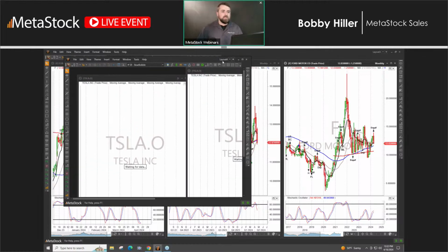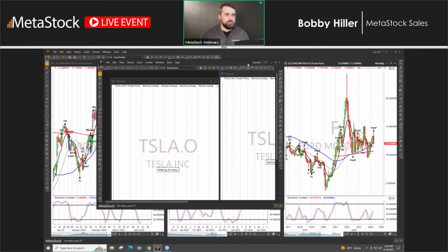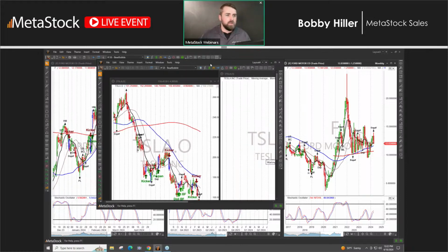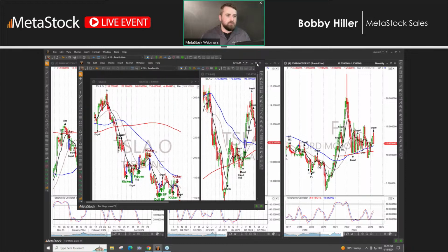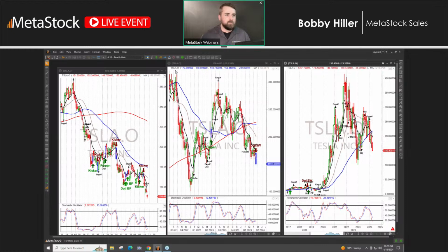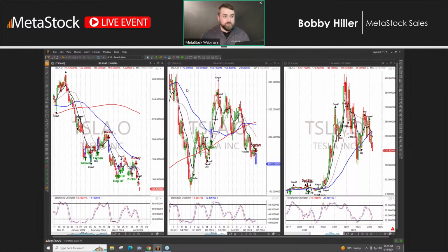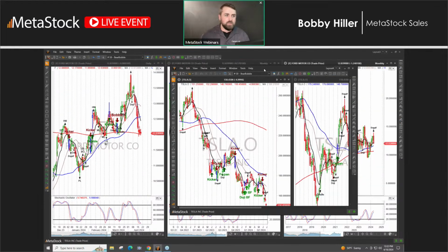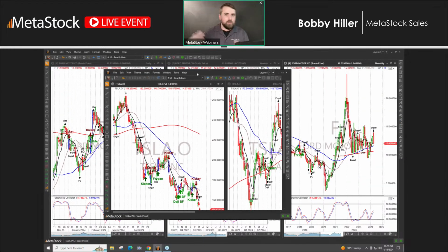All right, and you'll see this opened up a new layout for me. I still have the other one open. This one's called layout 4, and it's using that template. So now I have Tesla on the daily, the weekly, and the monthly. It was really simple to do, and I have it now here in my own layout. You can do that with all sorts of different time frames, and with multiple securities and multiple time frames, things of that nature. It just makes your workflow so much better.